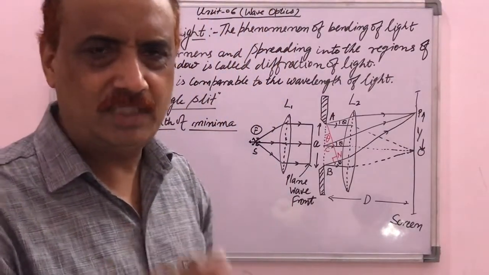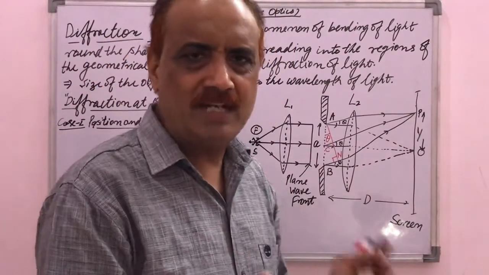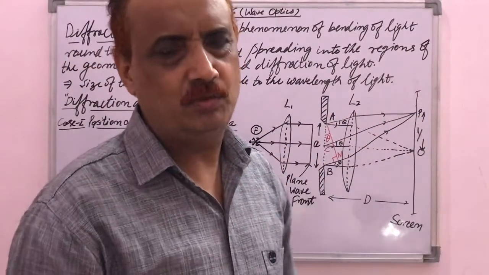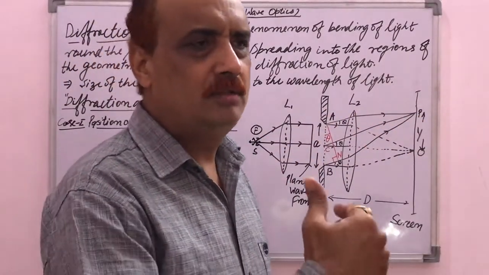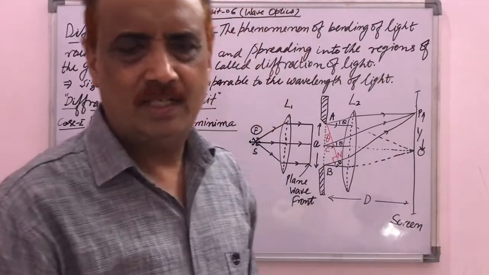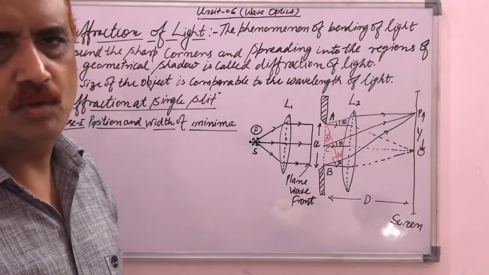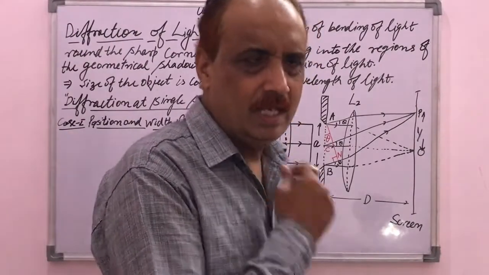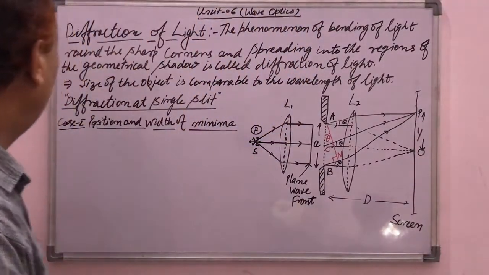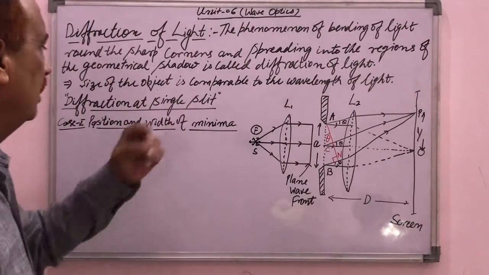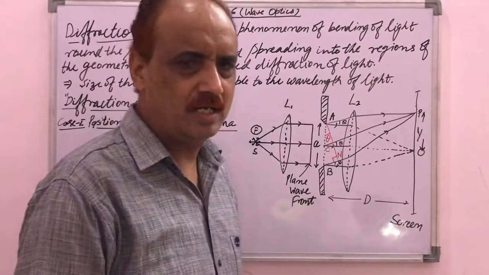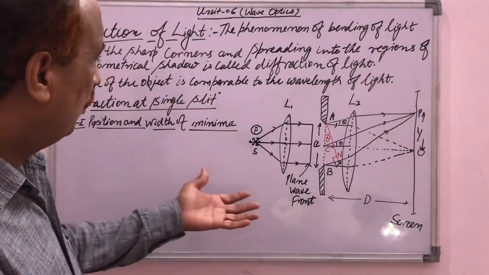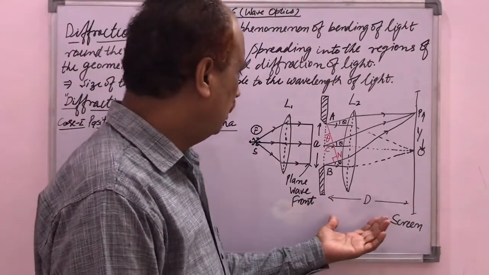Under that condition, the light bends at the sharp corners and spreads in the geometrical shadow region in the form of dark and bright bands, and such a phenomenon is known as diffraction of light. So this is the most important condition. After that we will discuss diffraction at a single slit. It's the most important article, and in this article we first have to make a setup